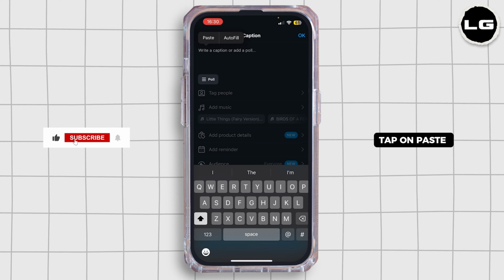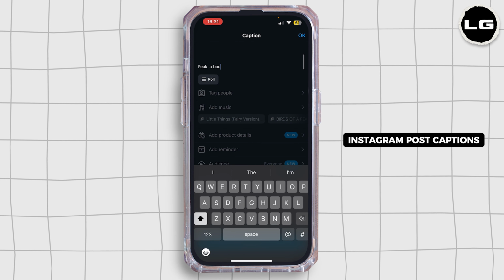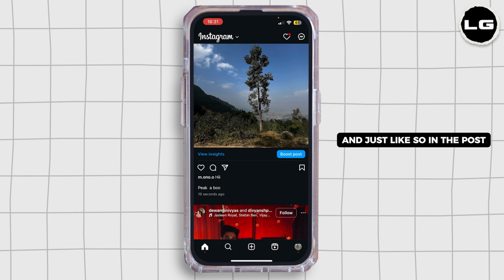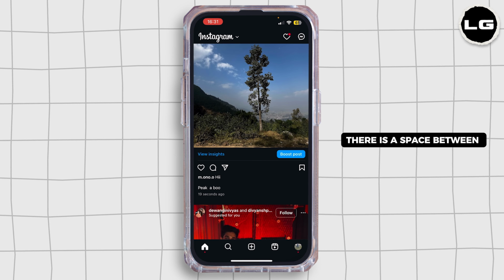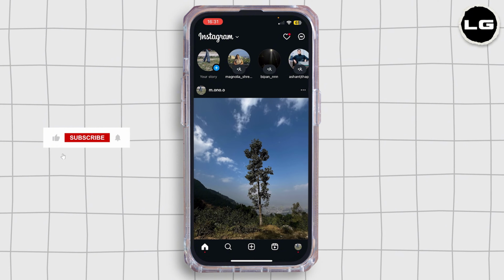and then tap on paste. And just like so, you'll then be able to put space in Instagram post captions. Now once you're done, simply tap on share. And just like so, in the post, as you can see, there's a space between these captions in the Instagram post. And that is simply how you can do it,